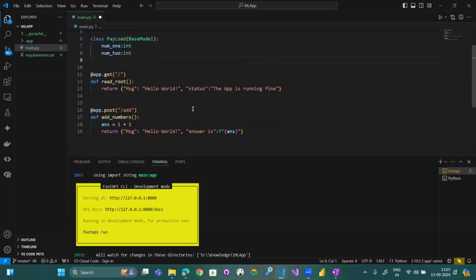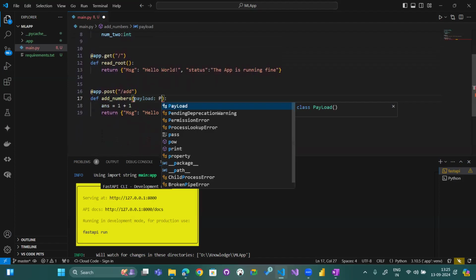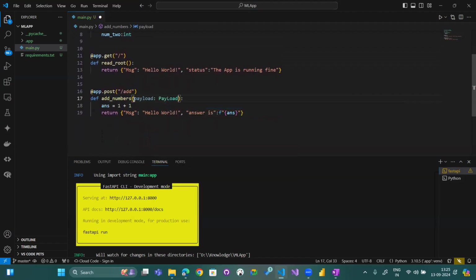And then what I'll do is I will use that in my add numbers. Now what I'll do is payload. This will have payload class. I'm specifying that I'm going to get a payload as an input, and this payload will have the structure which I defined in this particular class. Okay. Now what I have to do, I simply have to add